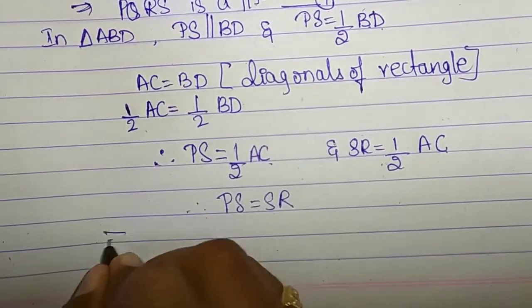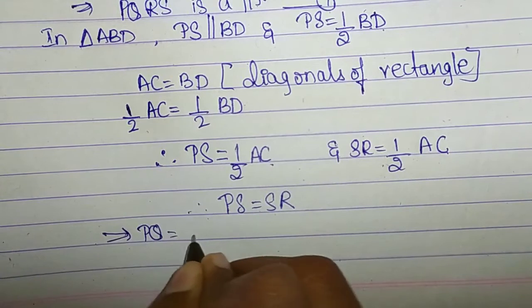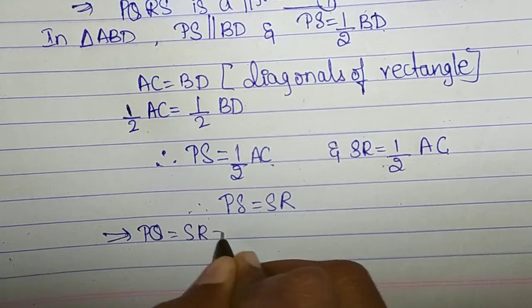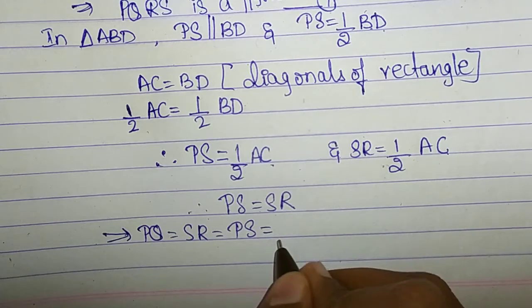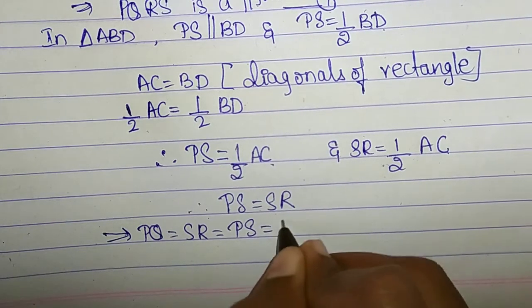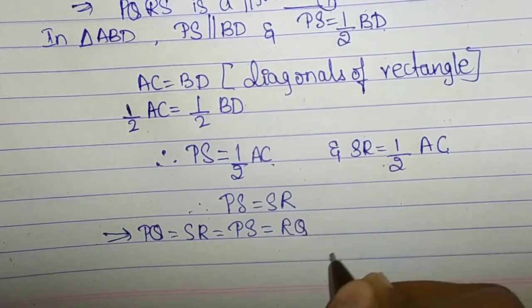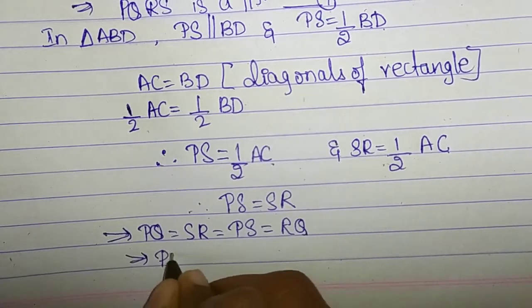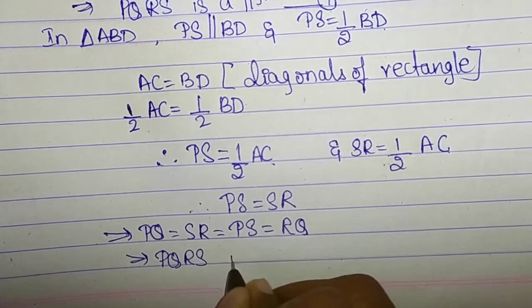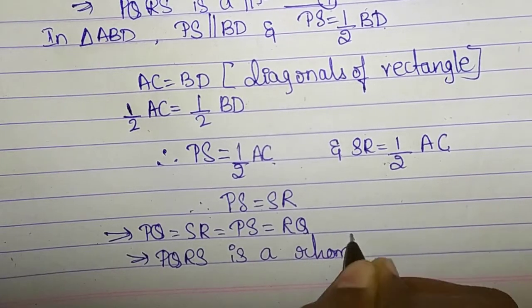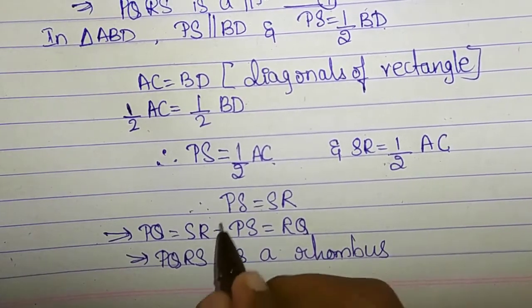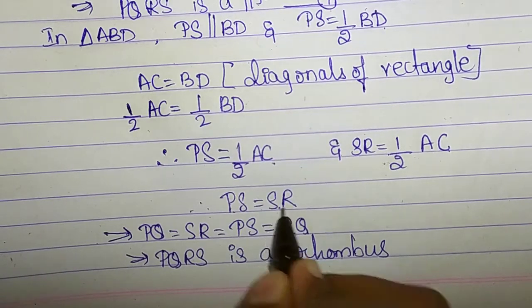So this implies PQ is equal to SR is equal to PS is equal to RQ. This implies PQRS is a rhombus. All the sides are equal to one another. PS is equal to SR. This implies, we know that